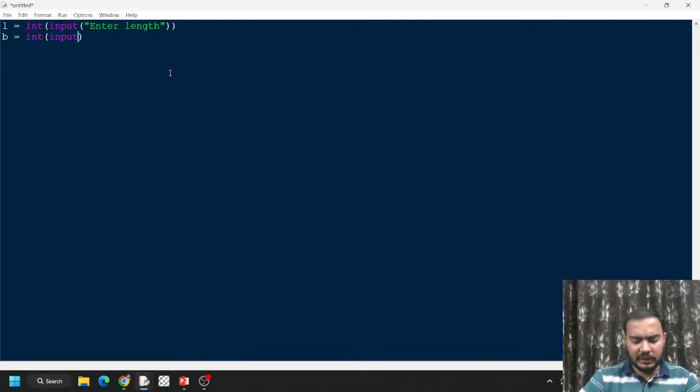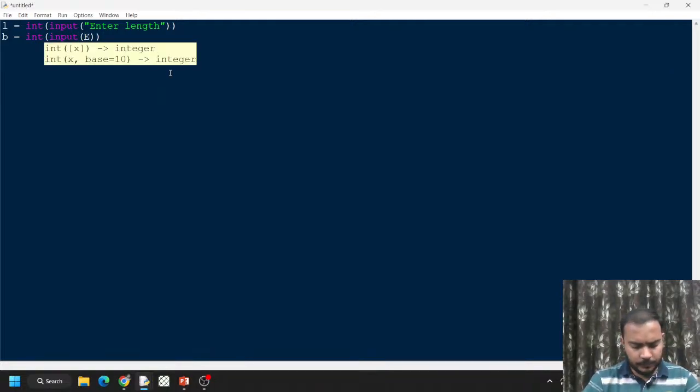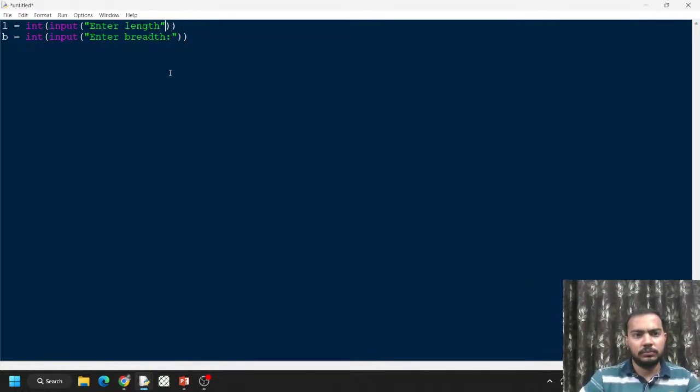I'm saying input, and then I have said enter the breadth value, and now I am saying that area equals l into b. Okay, and then I'm printing this thing. I'm saying print area is, let's say, this variable area. Okay,